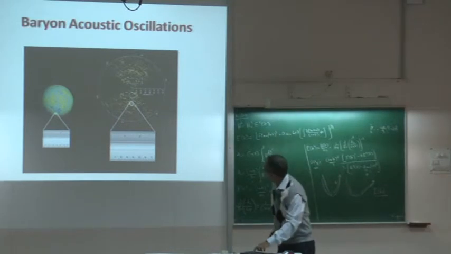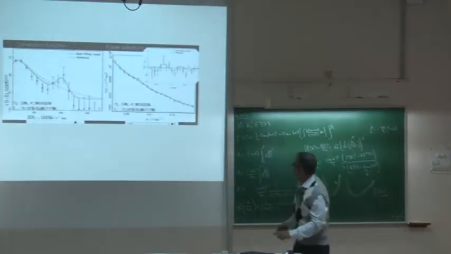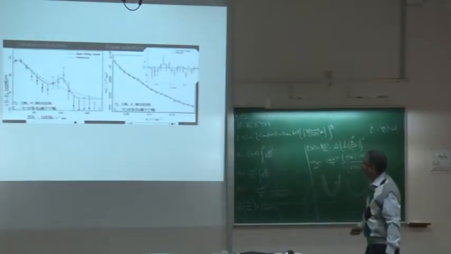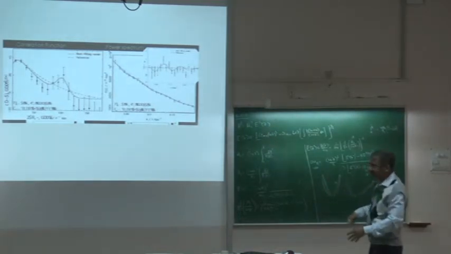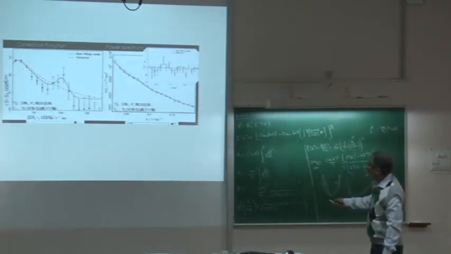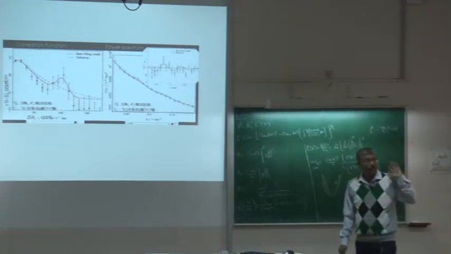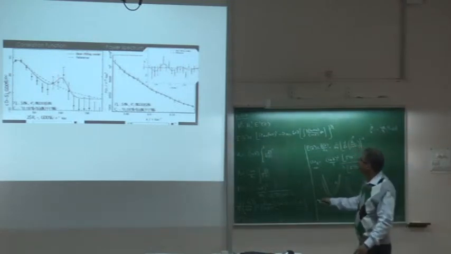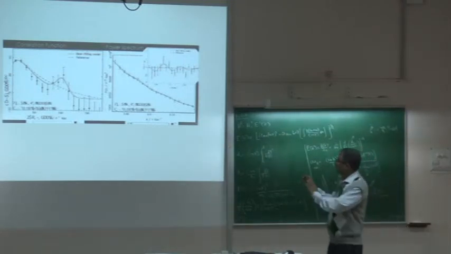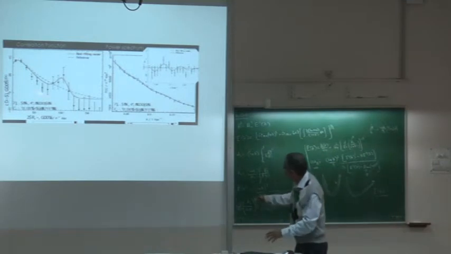And then one determined, this is the SDSS data, all those things have been changed. But okay, so now one can see that around 100 megaparsec you have this beautiful peak, which is also there in the CMB peak. So that beautiful peak is there. Right? So that is the baryon acoustic oscillation measurement, where this peak is there.